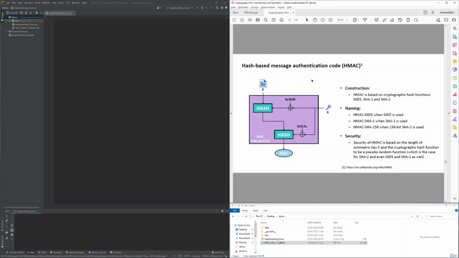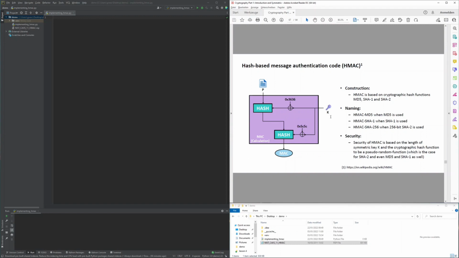A hash-based message authentication code is, as the name indicates, a message authentication code, and as a system is a construction based on an underlying cryptographic hash function that can be chosen to either be MD5, SHA-1, or SHA-2. As a message authentication code, the use of HMACs to provide authenticity to messages relies on the availability of a